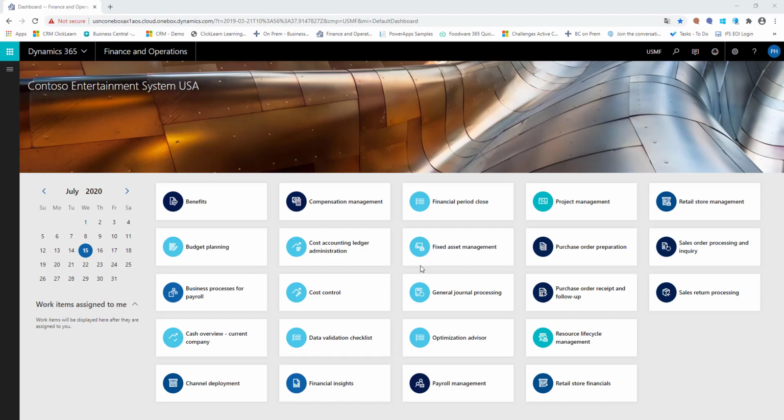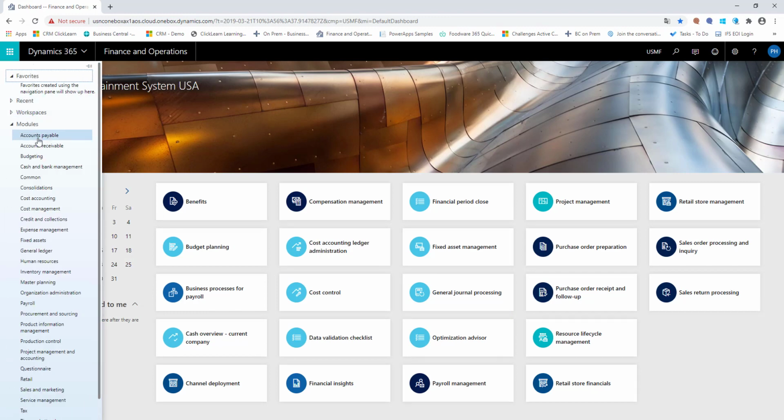And as I click on yes, ClickLearn will go into the background. It will take me to the live system, and it will turn on the recorder so I can now record a process that I want to document. The only thing that I need to be aware of is the green rectangle that you see on the screen. That will indicate that ClickLearn understands here is a process that can be documented, and I can now go about